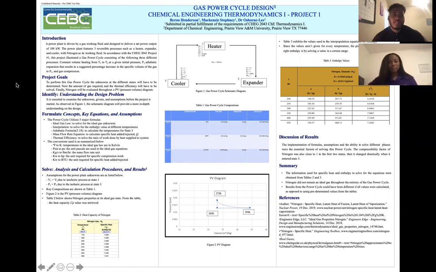So, the problem statement states that a power plant is driven by a gas working fluid and designed to deliver a net output of 100 kilowatts. The power plant features three reversible processes, such as a heater, expander, and cooler, with nitrogen as its working fluid. In accordance with our project guidelines, this project illustrated a gas power cycle consisting of the following three different processes: